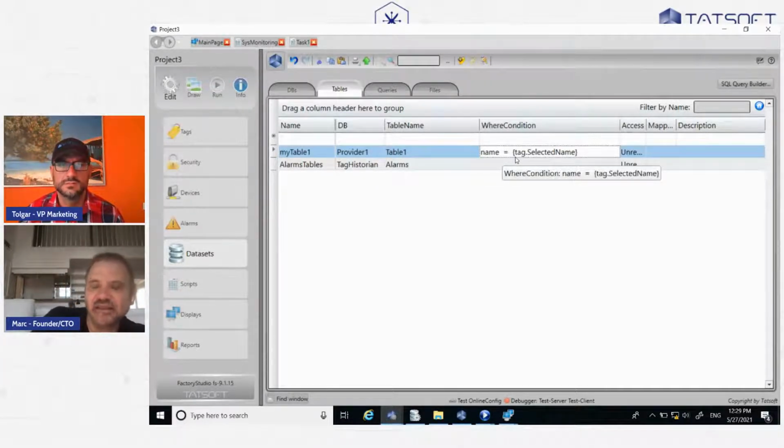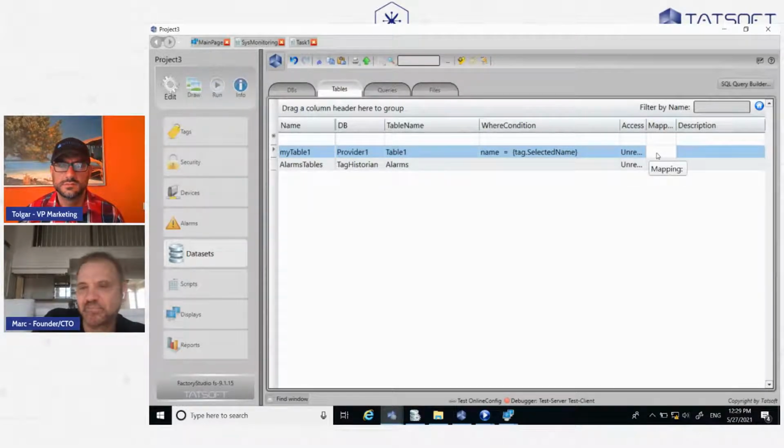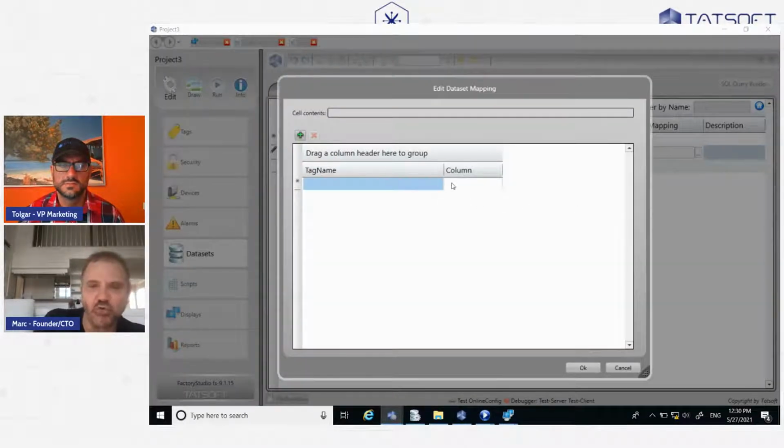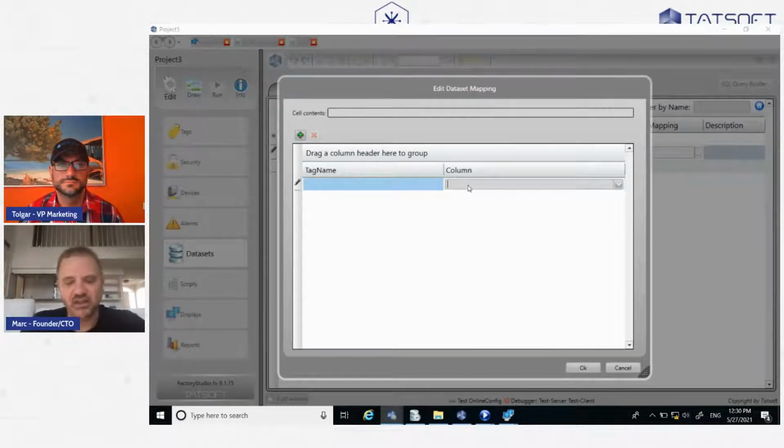And assuming that's only one row, if you want to map the results of that query directly to tags, not having to have the data grids, that's why we have this mapping tool. So the mapping tool allows you to say, okay, after you run that query, you are going to pick up,